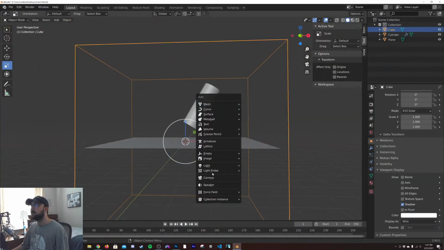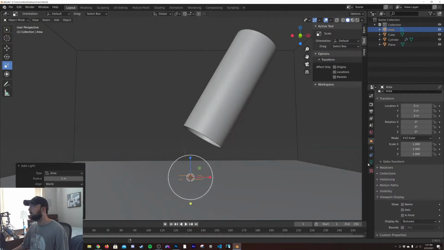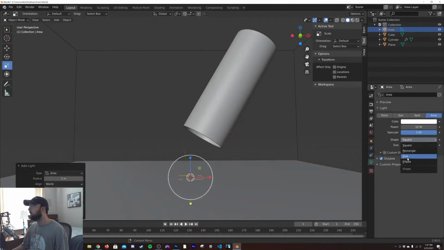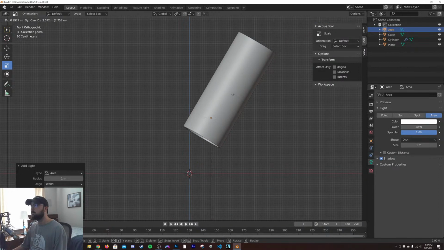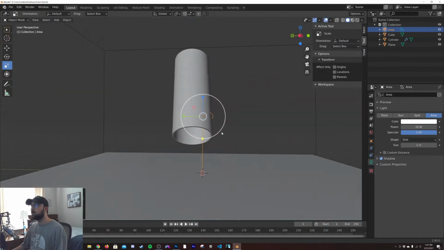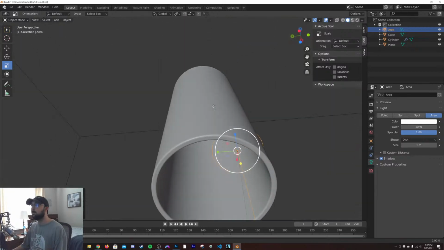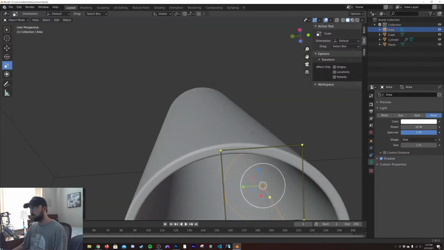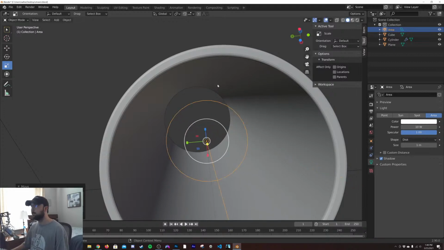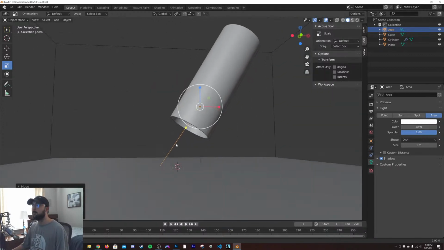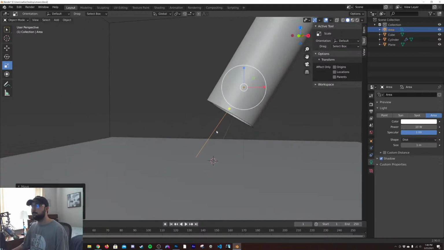And then let's get a point light, actually an area light, and we'll make that a disk. Point it out this way. And then we'll get it in the middle here. All right. Super cool. It's a little bit out of slant, but that's okay.